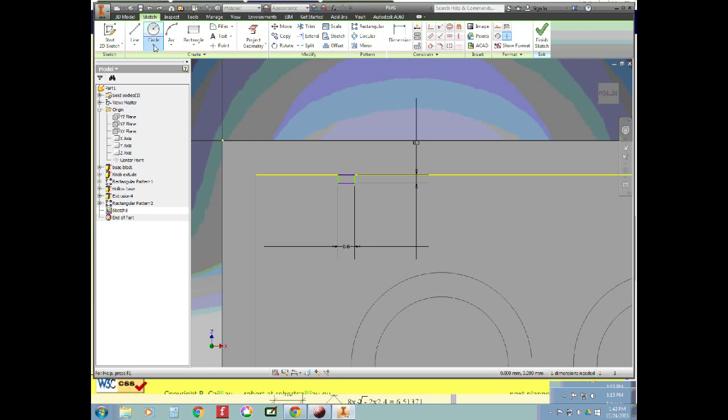And so we want to take the dimension tool and the distance from here to here. Whoops. We want the horizontal distance. Let's see if it'll give it to me. Let's try that again. The distance from this line, there we go, to this surface. There we go. And it is going to be